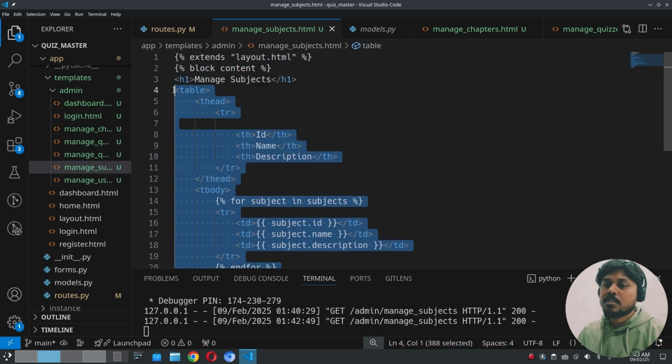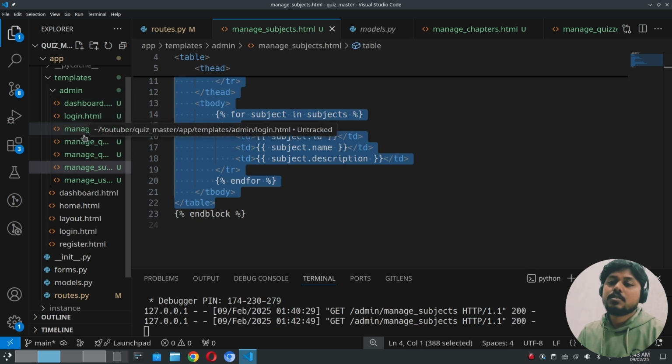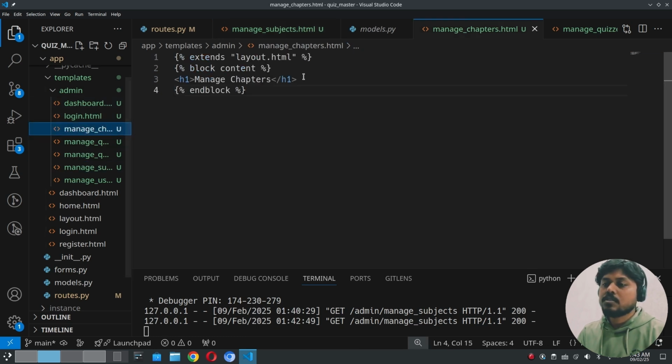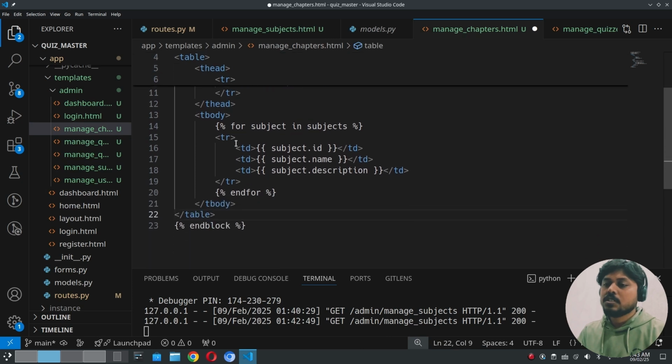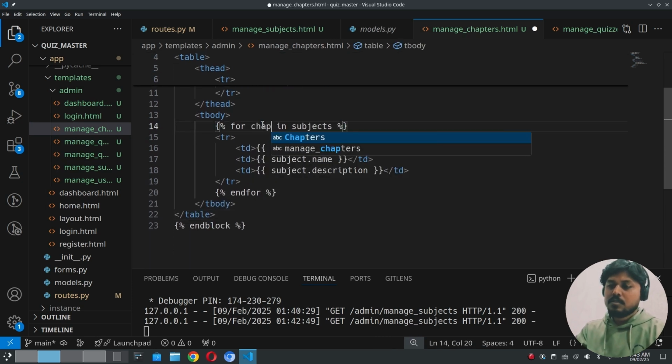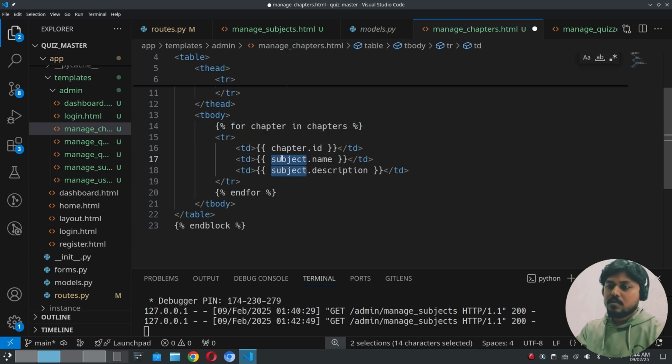So just copy this table element and go to the chapters, paste here, and use here chapter, for chapter in chapters, and use the chapter,